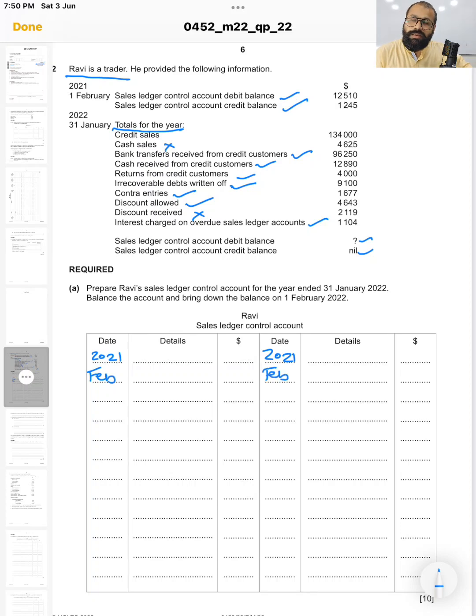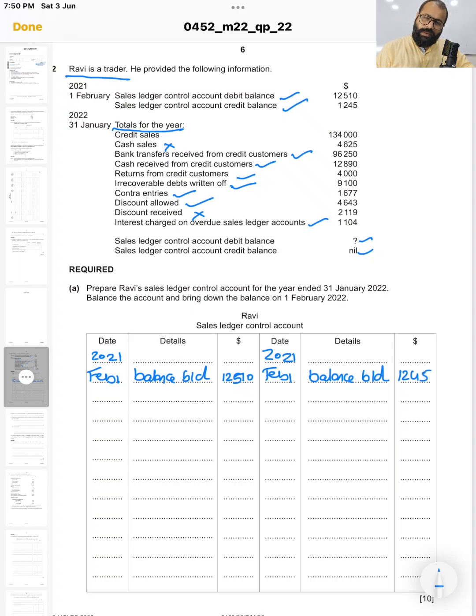Once you write the year and the month, then you just need to put in the dates, and once you keep on putting the dates, it will be easy. So 1st February, the balance is given. Balance brought down, debit balance is given as 12,510, and on the credit side also the balance brought down is mentioned as